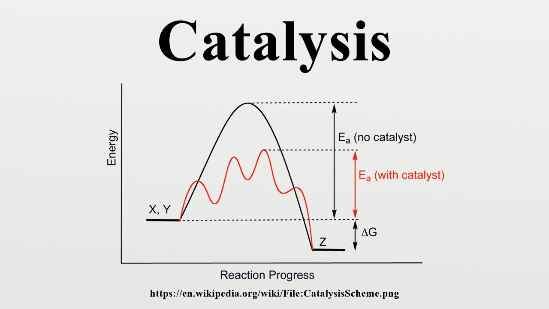Technical perspective. In the presence of a catalyst, less free energy is required to reach the transition state, but the total free energy from reactants to products does not change. A catalyst may participate in multiple chemical transformations. The effect of a catalyst may vary due to the presence of other substances known as inhibitors or poisons or promoters. The opposite of a catalyst, a substance that reduces the rate of a reaction, is an inhibitor.